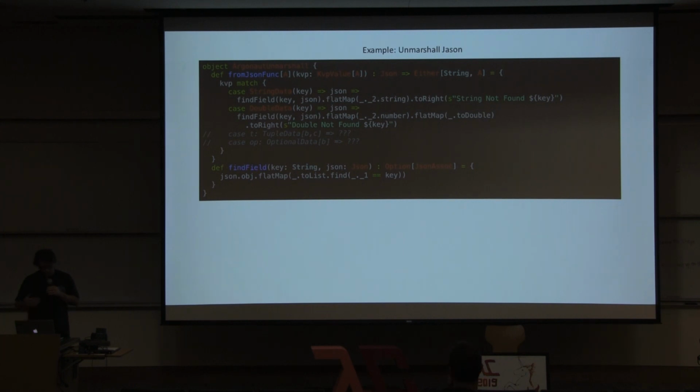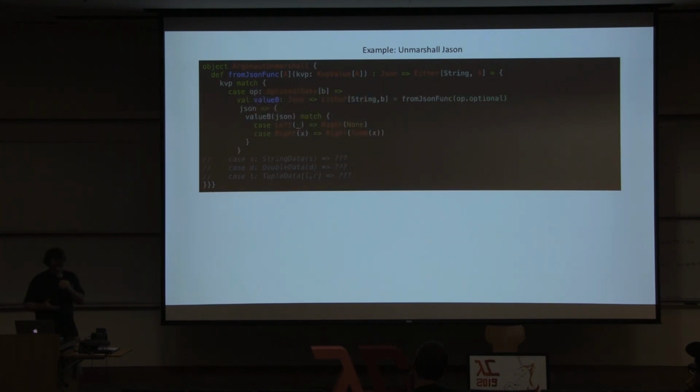Okay. So quickly going to go through the unmarshal example. The difference here, of course, is we're going from JSON to either a string or an A, where the string is just going to be an error. So if there's an error, we're going to return it as a string. Okay, and so we match our string data. If we can extract the data, we return it. And if we don't get an error for optional data,